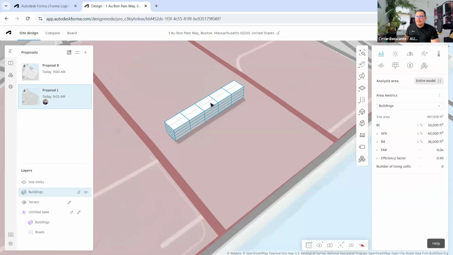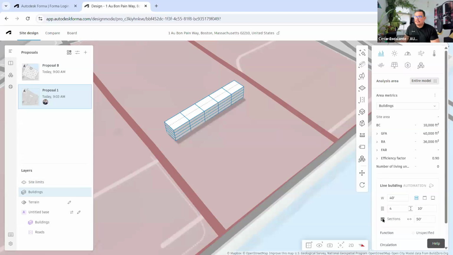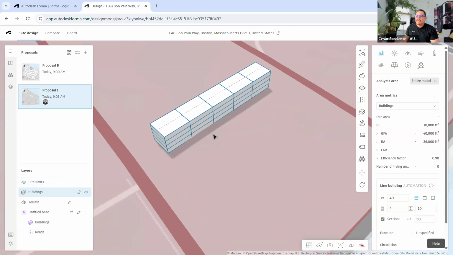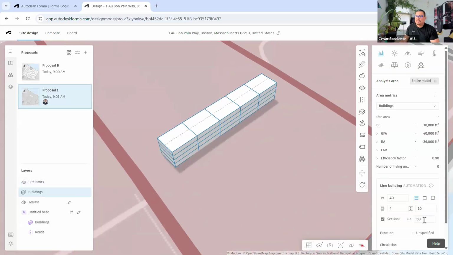What site automation produces are line buildings, and line buildings you can subdivide in sections. The sections are an abstract representation of what the different units are, and you can assign different distances for the typical unit. 40, 45 is usually